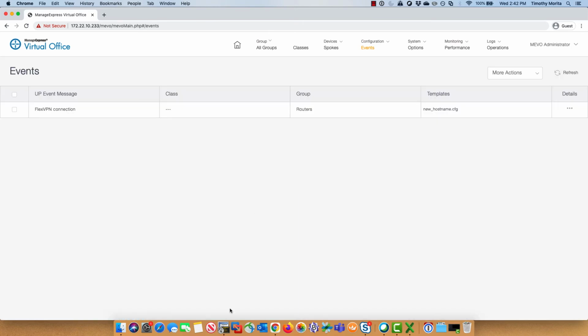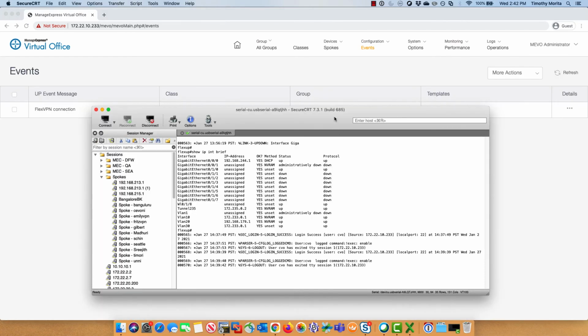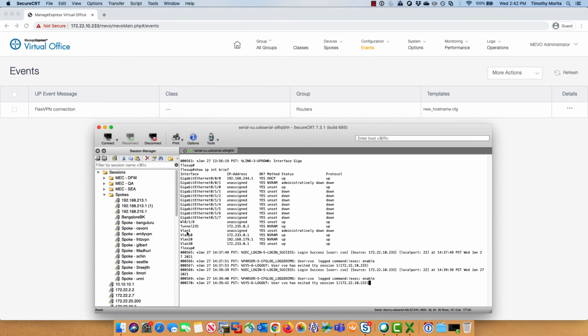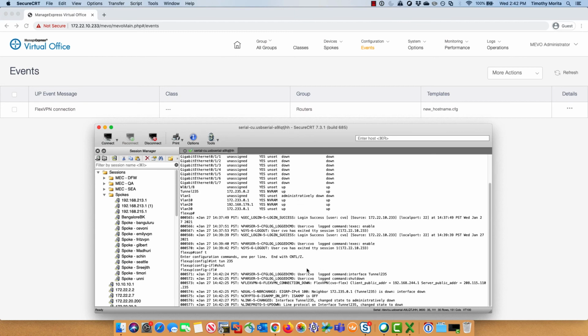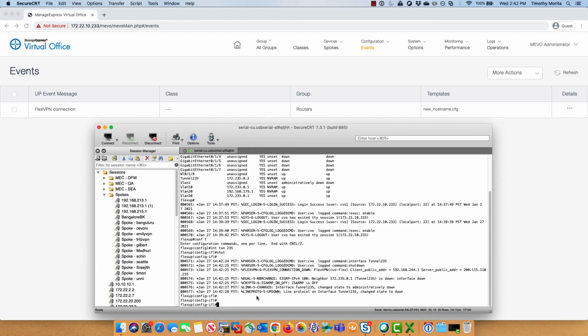Okay, so now I'm going to go to my router. My router is connected to the MEVO server through this Tunnel 235 interface. So if I shut this interface, we'll wait a few seconds for the EIGRP adjacency to go down. We will wait for the crypto settings to say that the tunnel has gone down. And then now, if I no shut the interface,